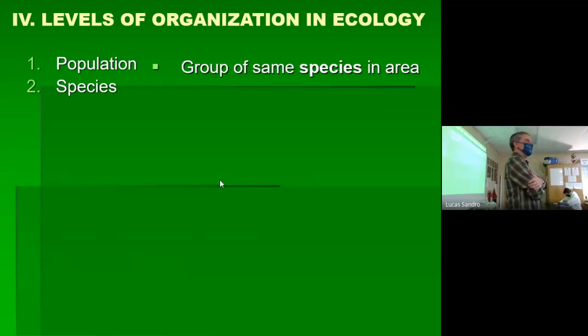What do you get, Riley? Oh, I thought your hand was up. Sorry. What do you get when you cross a horse and a donkey? If you do it the right way, the female has to be a horse. You do it the wrong way, you get a hinny, and nobody likes that. But if you do it the right way, you get a mule. Heard of a mule, right?